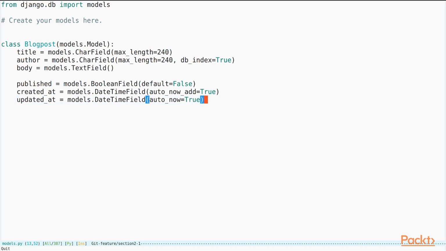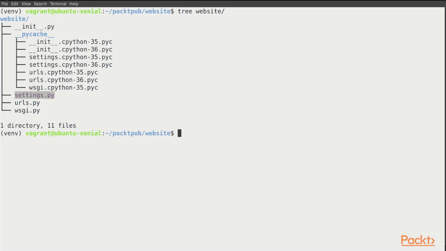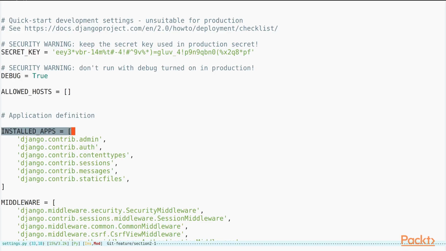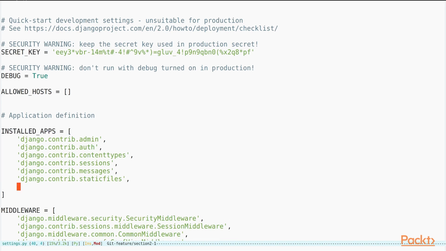Now that we have a model defined, we want to register this app with Django. To do this, we will visit the settings.py file. If you recall the information from the previous section, this is located under the website folder and is the same file which contains the database settings. In this file, we will navigate to the list called INSTALLED_APPS. This is a list of default apps installed by Django that are useful for the project. We will add our app blog at the end of this list, and now Django will be able to identify